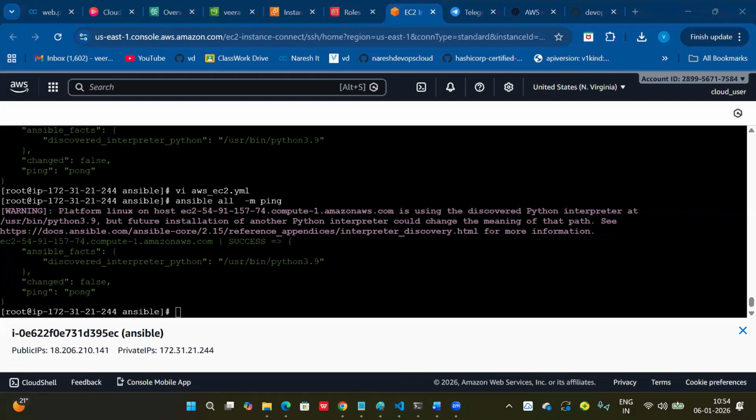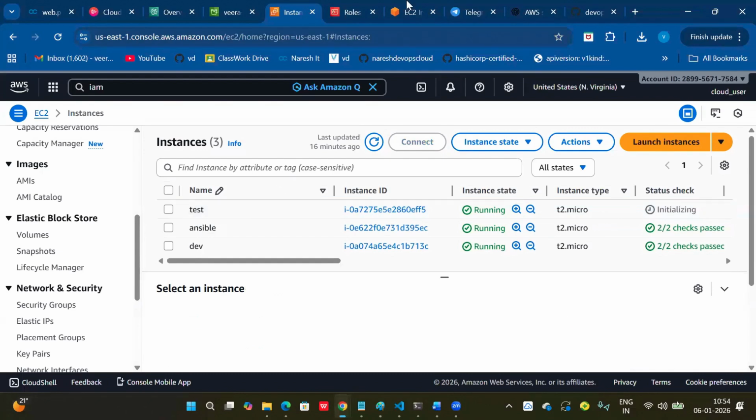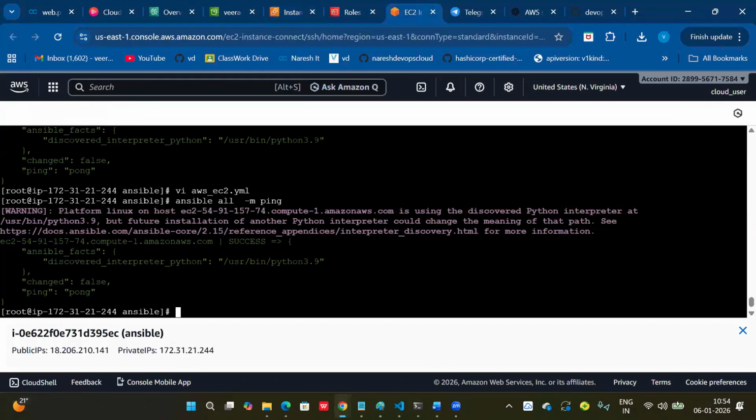Any questions from anyone? Okay. The priority will be this default section. Even if you add a separate inventory file, if you do not mention it, the request will come to the default section only, always.